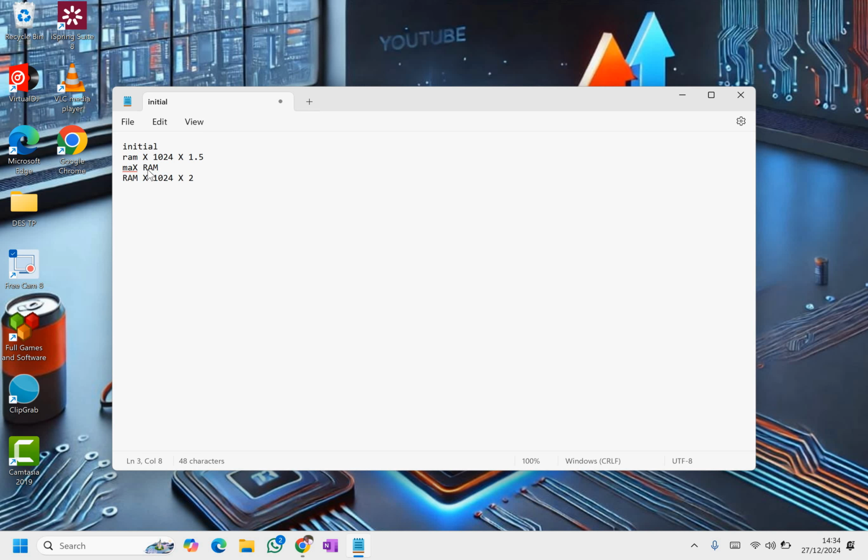Now, under initial RAM is the normal RAM that you have. We calculate it virtually under that calculation. We take the RAM, we multiply by 1024, multiply by 1.5. So I'm going just to make some calculation for various RAMs. For those of you who have 4 GB, this is what you're going to do. For 4 GB,